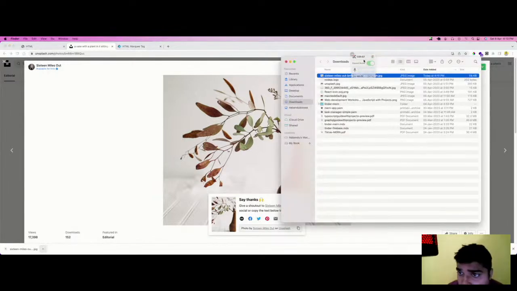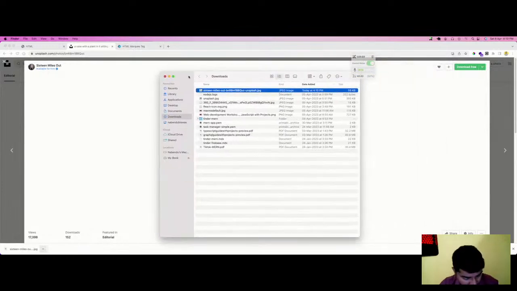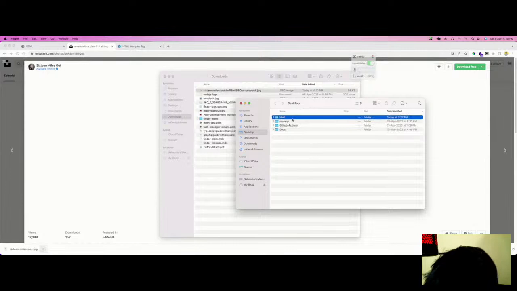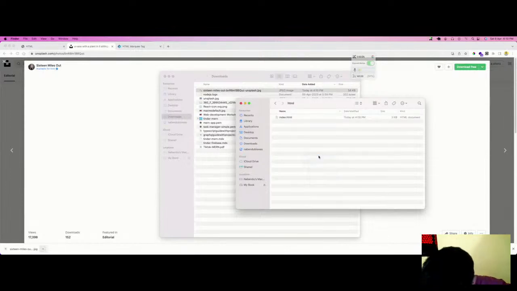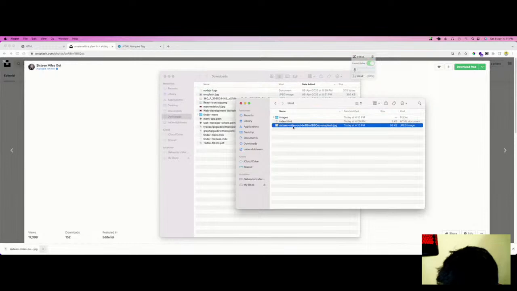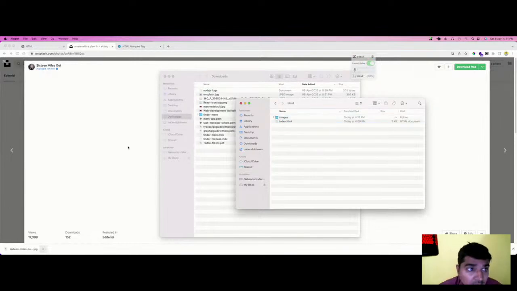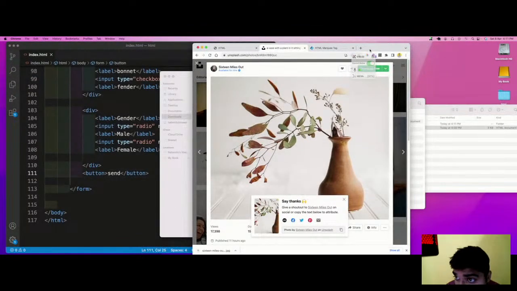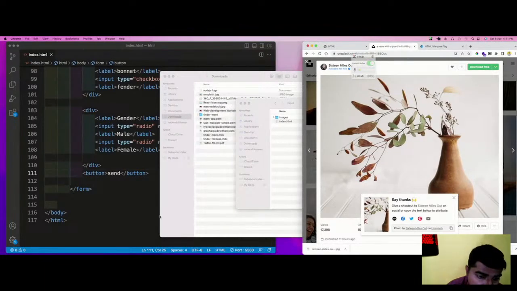So in the HTML folder, we create a new folder, IMAGES, and just do a trick. Okay, so this is how it goes.